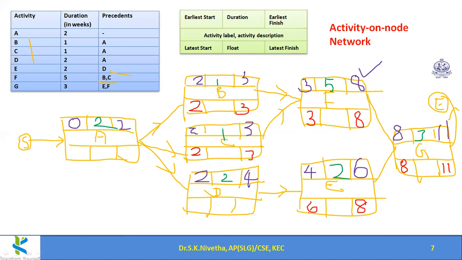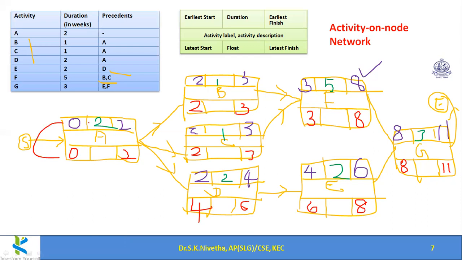Here this can be started at 6th week means this can be completed at 6th week. 6 minus 2 becomes 4. Okay. So these two are to be started at 2nd week. This can be started at 4th week. So which is earlier? 2nd. So by 2nd week I should complete this so that these two can be started correctly. So 2 minus 2 becomes 0.